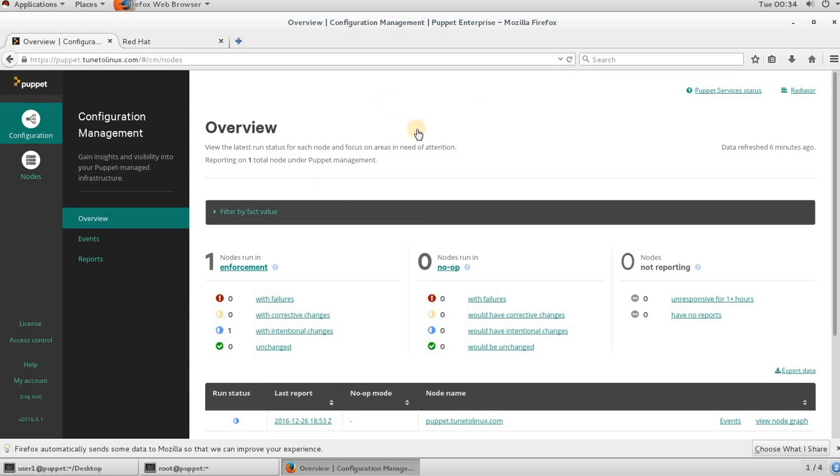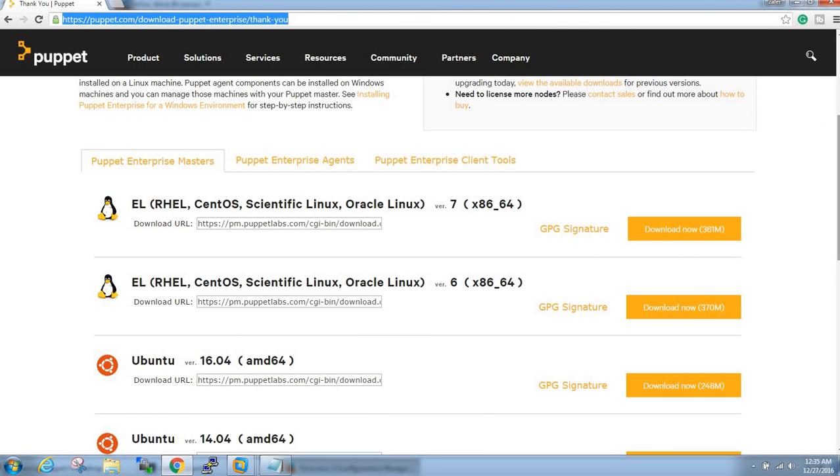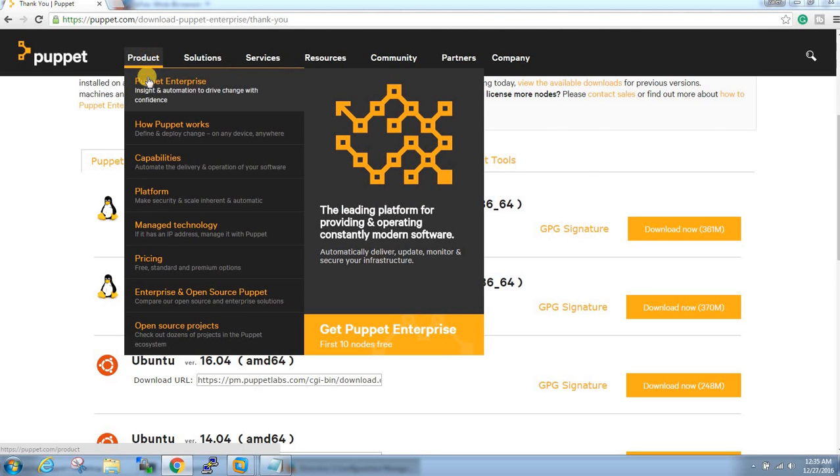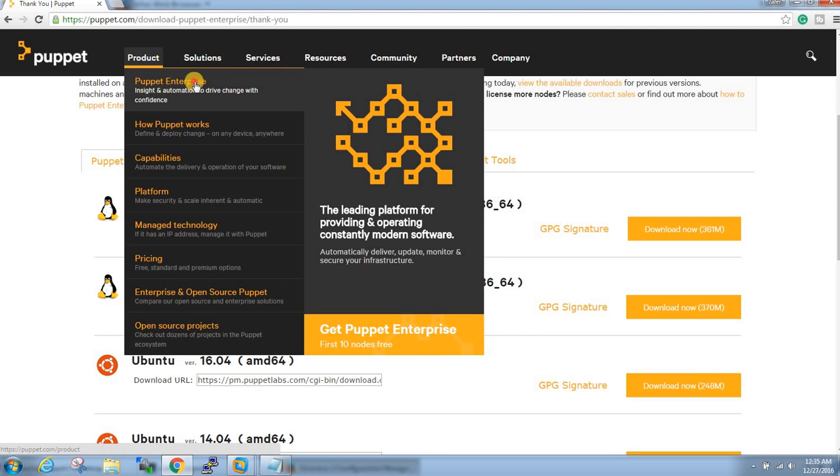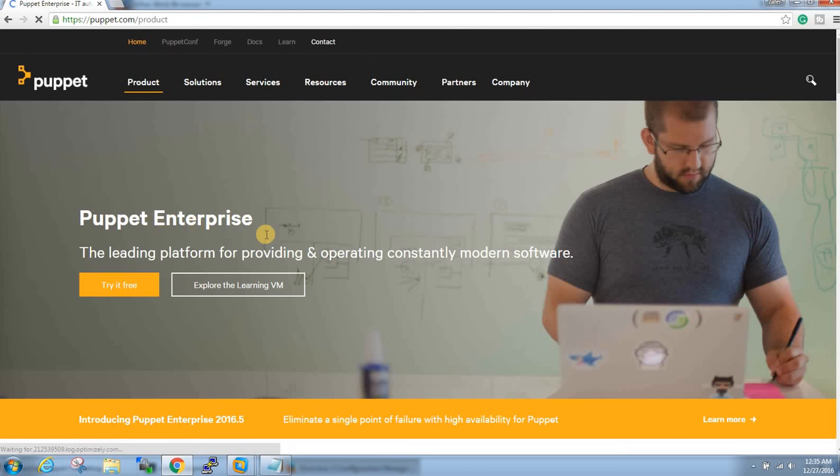And if you feel this installation is quite tricky for you, and you would not like to install this on your system, then there is one other way of doing it. There is an already prepared VM available. You just have to download that package and launch it in your virtual machine, and you would have a ready-made Puppet Master installed in that, and you can do R&D in that. For that, if I go here, Puppet Enterprise login, and okay, so I think this one, okay, I missed it. So explore the learning VM, I believe this is the one,